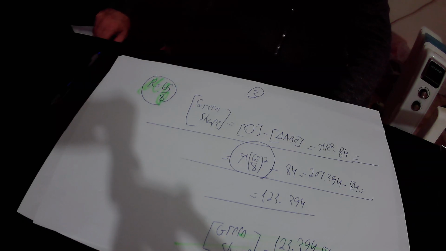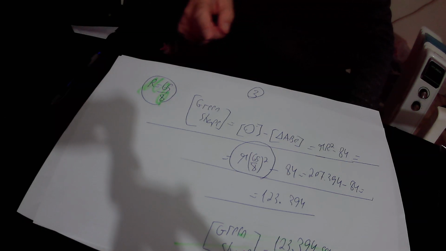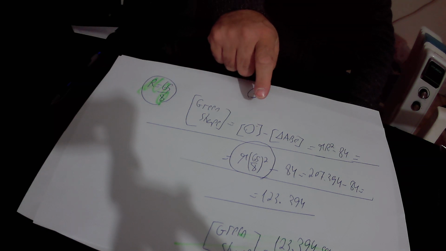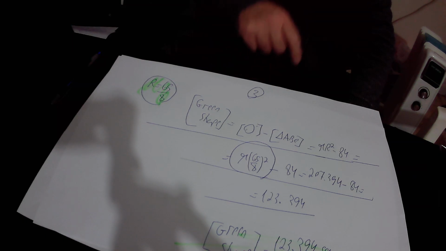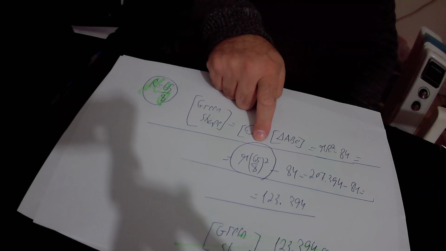So the area of the green shape equals pi r square minus 84. R is 65 over 8, therefore r square is 65 over 8 square, so in total the area of the circle equals pi times 65 over 8 square. Then the area of triangle ABC is 84 square units. In total this expression equals